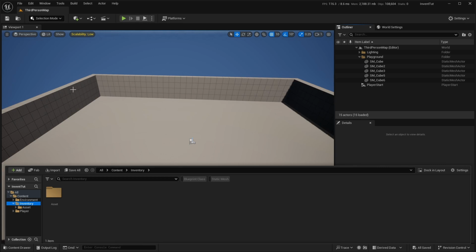So let's start off with creating our data related stuff. We're going to start with a data table. This is going to be the item types that we are going to support. And by doing so, we're going to label these through using gameplay tags. They are very easy to use, and Unreal Engine uses them for a lot of things. So it